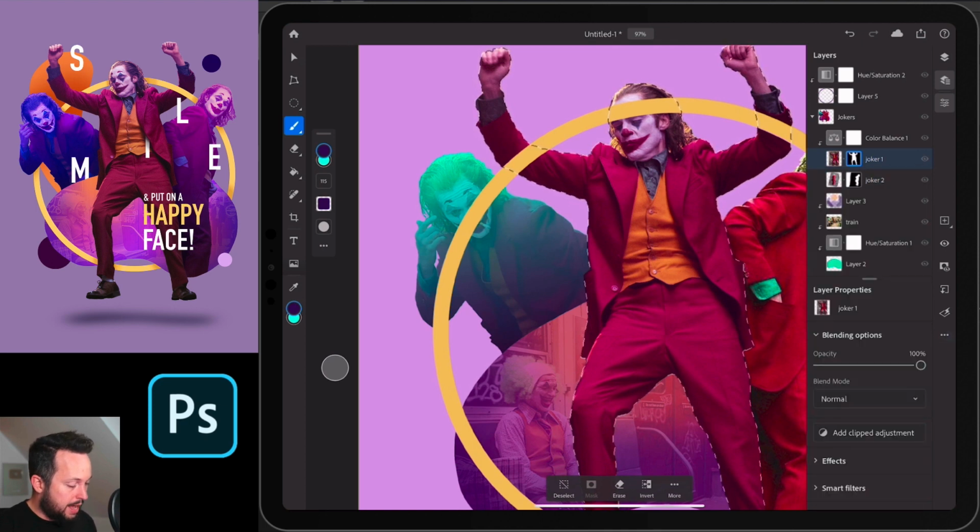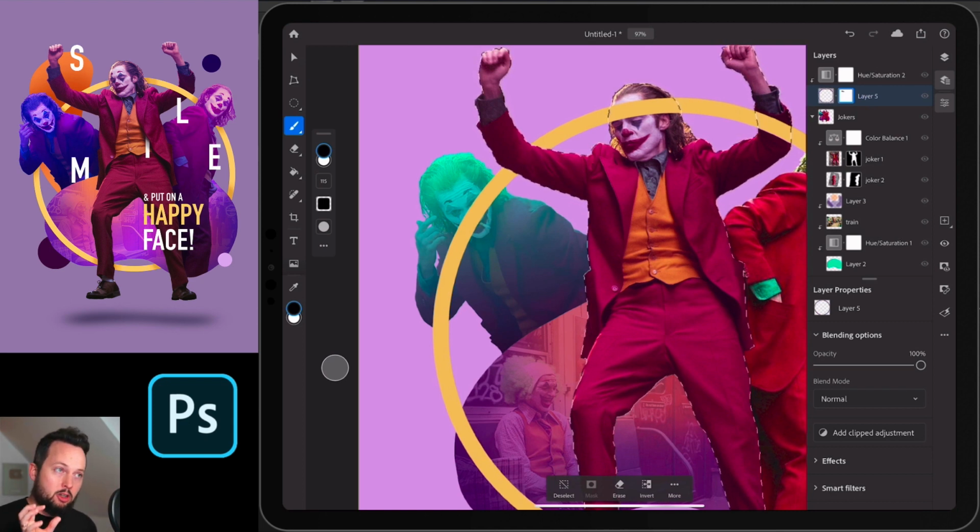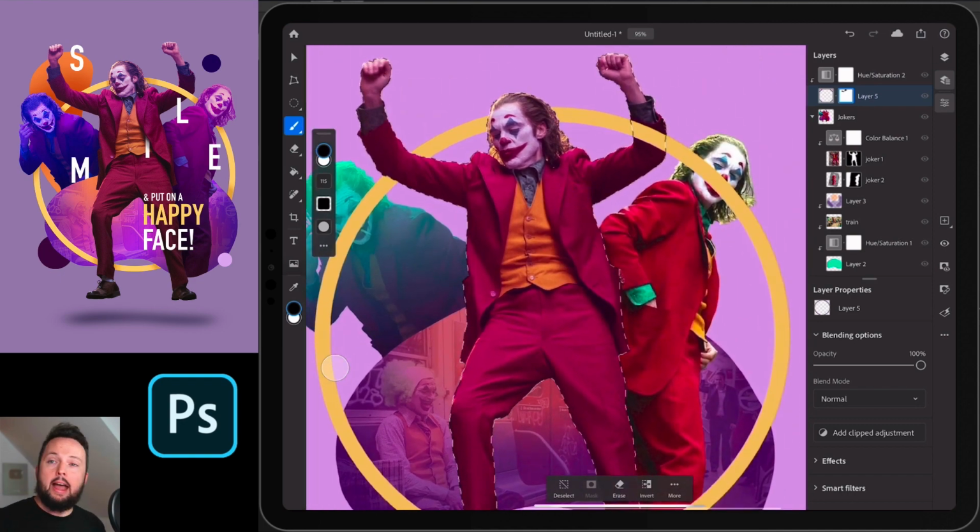Once we have that there, we can go back into the mask of our ring. And then if I were to paint over here, you see immediately it just deletes exactly the details from the arm. And this makes it look like the arm is in front of the ring. Also, we want the head to be in front of it, so we can just very quickly paint over that. And I will keep the other arm behind the ring to create this nice interaction between the ring and the